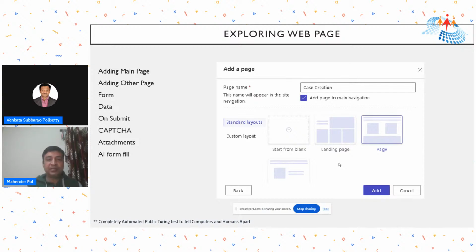These are basically the templates. There are some predefined templates available. We can use these templates, or we can start from a blank template, which will be plain, so there won't be any section. Otherwise, these are the different layout options available, which we can select and go ahead. Once we click on add, then we will